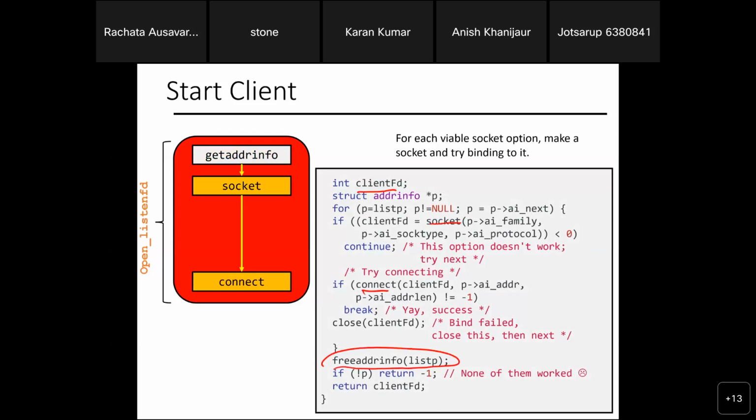This is the cleanup code. Now you return the client file descriptor. Again, the client file descriptor is just another file pointer that you can use afterward. This has now established the connection between the server and the client. We have the connection. We don't have the code to do something yet.